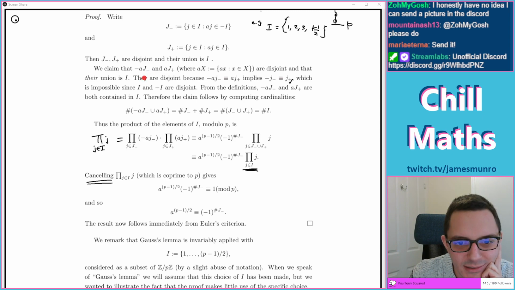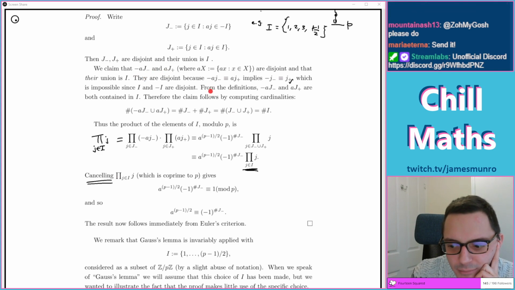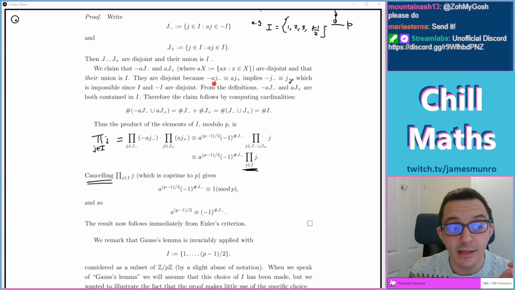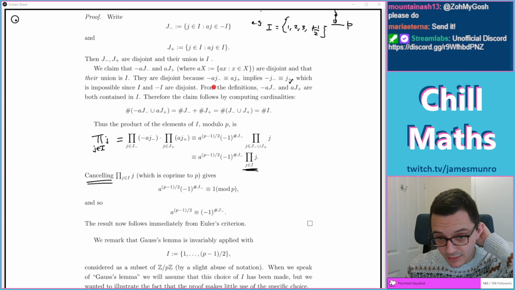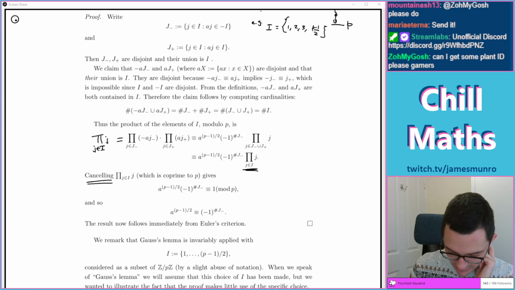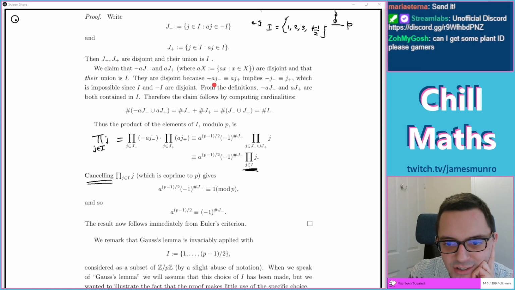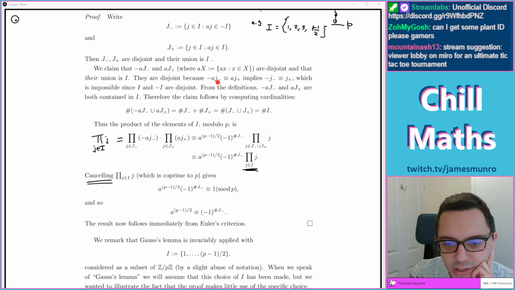What am I doing? Oh yeah, I was going to try and work out why these things are disjoint. Right, because we multiplied everything by 3. If these things were... Yeah, I ticked this, but maybe I didn't understand it. So if we got something the same out from either our minus AJ minus A times one of those.